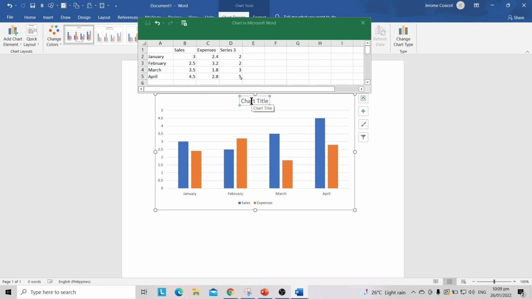For example, we are going to put here sales and expenses